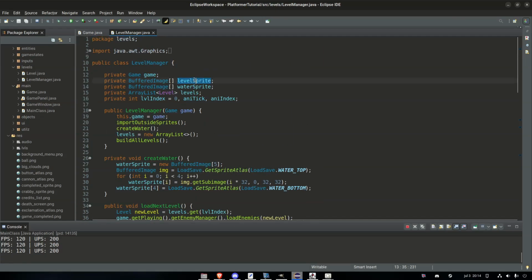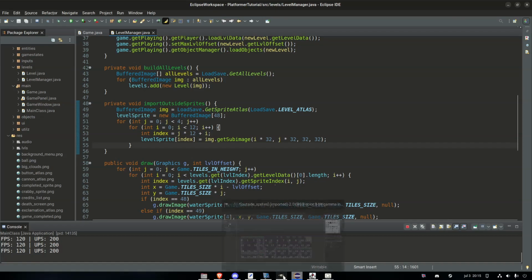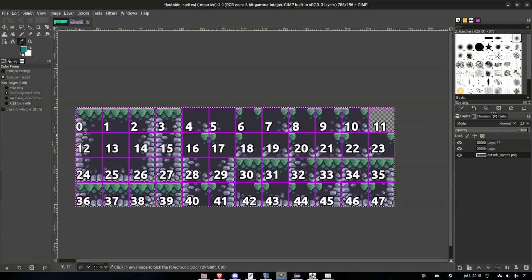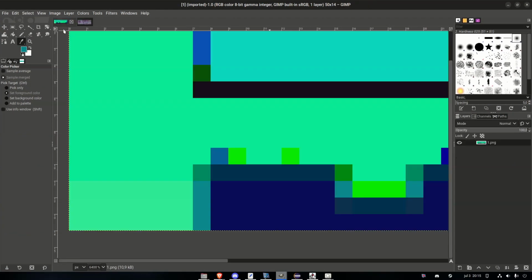which we declare, and we set it here to a size of 48. So we have 48 different tiles. To get the specific tile we want, we simply put in the ID as index, because the index and ID here is the same. I'm just using ID as a better name for declaring that this one is index 0, 1, 2, 3. So if we wanted the tile 47 or ID 47, we simply have to set 47 on